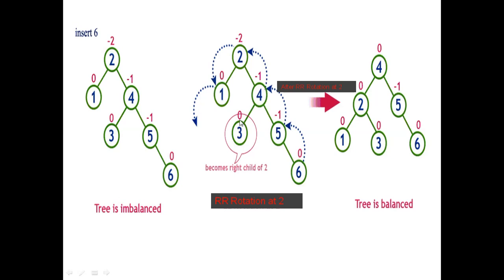Why is it happening? Let us suppose this 3 is not here. Okay, now what will happen? 4 will go here, 2 will go down, 1 will go down, 5 will go here, and 6 will go here. Okay, so see, 4, 2, 1 and 4, 5, 6. Let us suppose 3 is not here. So now if you have to arrange this 3, what will happen? 3 will be lesser than this 4, greater than this 2. Automatically 3 will come here itself.